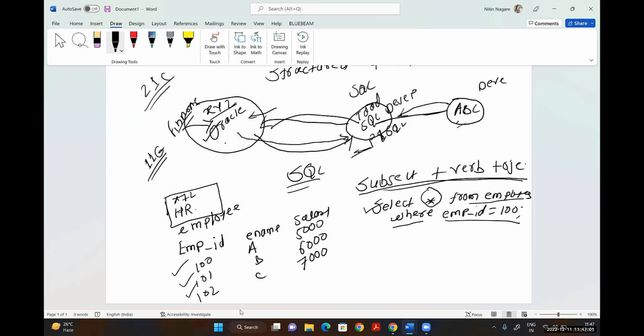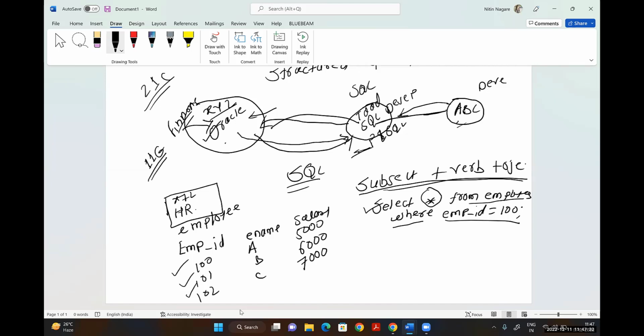Here I'm asking the database, do this, and do this. Select this from that. That is why we call SQL a structured query language. So this is how we write a query in Oracle SQL in a structured format to fetch the data from the database. Now let's jump to the main point.